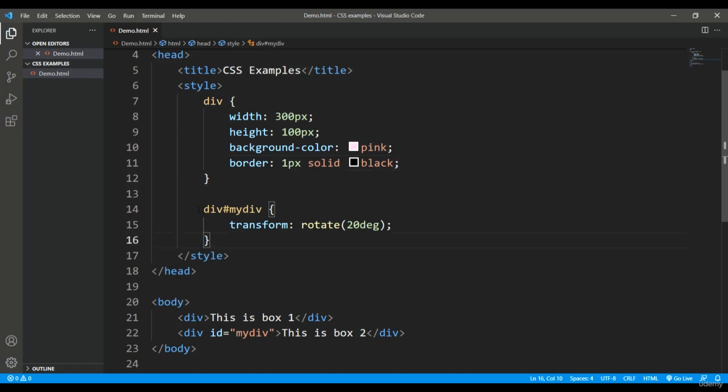Now after this, for that particular div which is decorated with the ID my div, I'm going to use the rotate method. We are going to perform a common thing in all, that is, I'm going to rotate them by 20 degrees. So you can see there are a couple of divs. This is one div which will just contain the styles from this class, while this div will take the styles from this class as well as from my div. So let's save the changes and come to the browser. Let's see what is there.